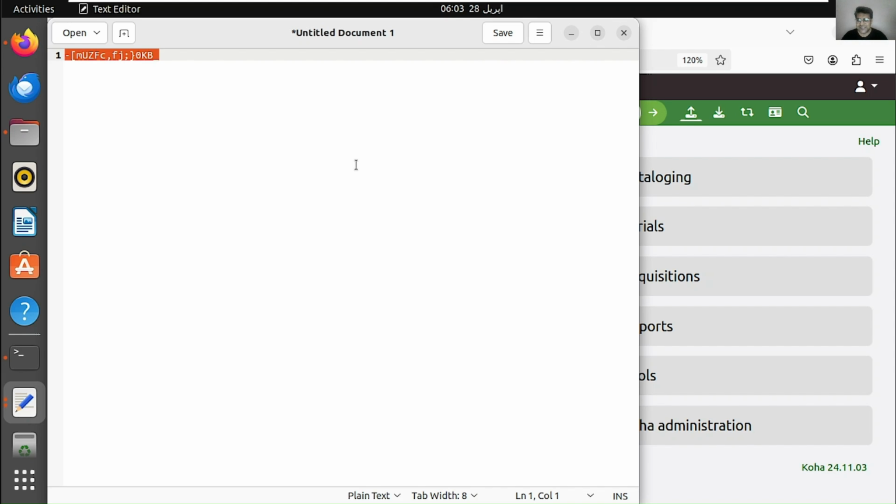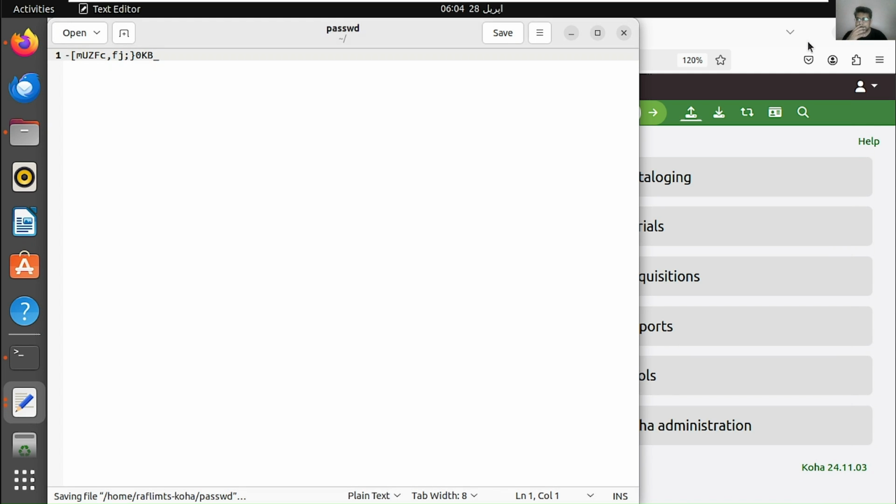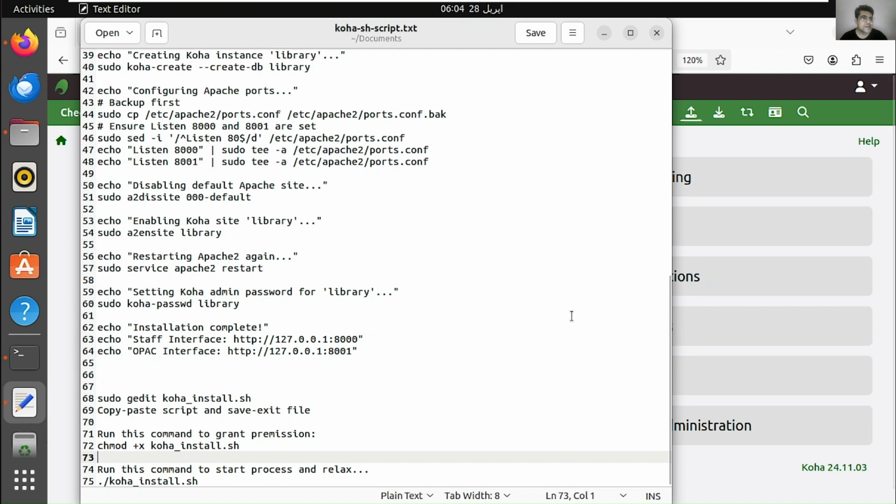Not this one. This is the password actually. I want to save this first and close this. So you can ask me for this script, and what you need to do after having this script, but for personal use only, not for commercial use, not for organization use. If you need it for personal use, you can email me. But if you need it for your organization, you can purchase there.